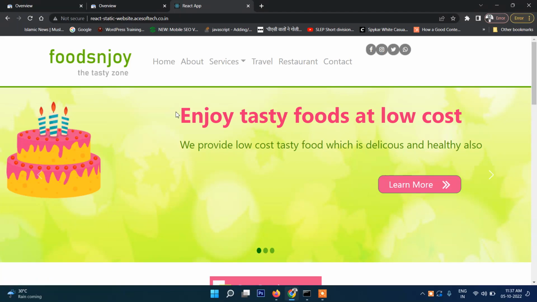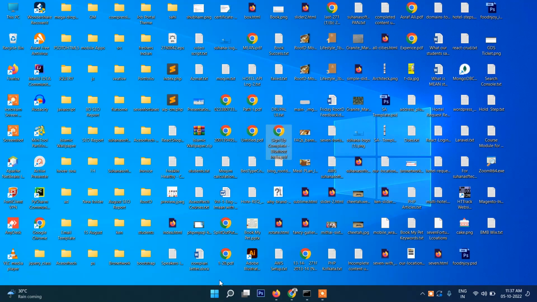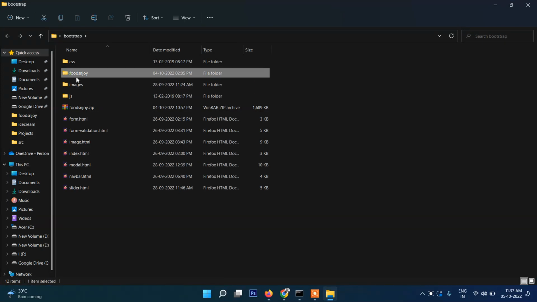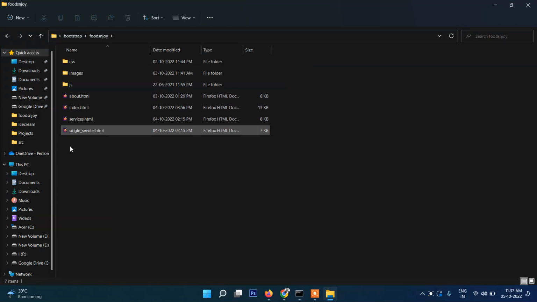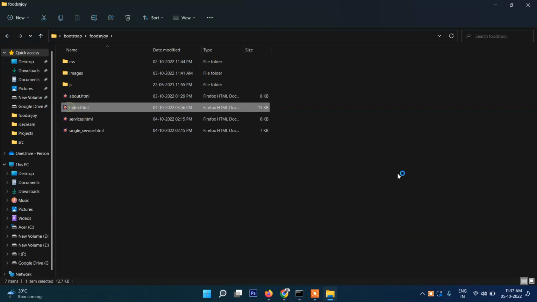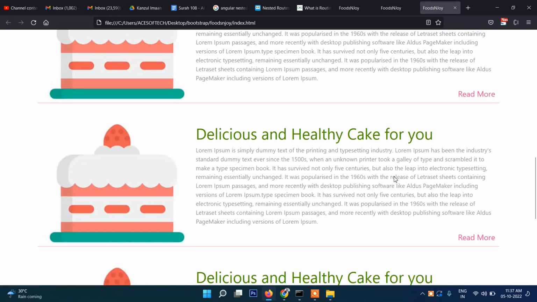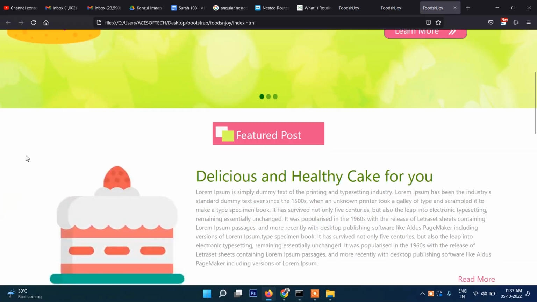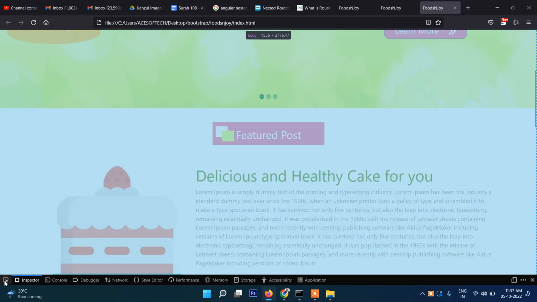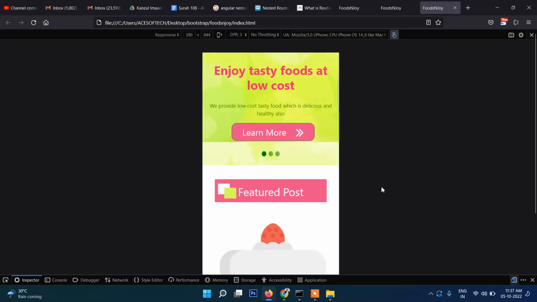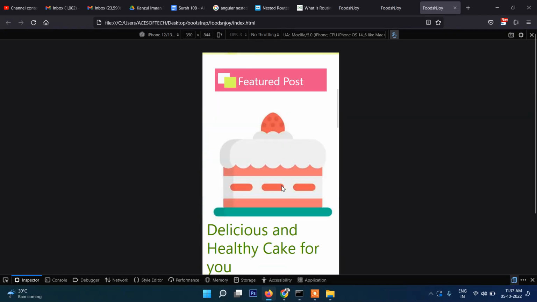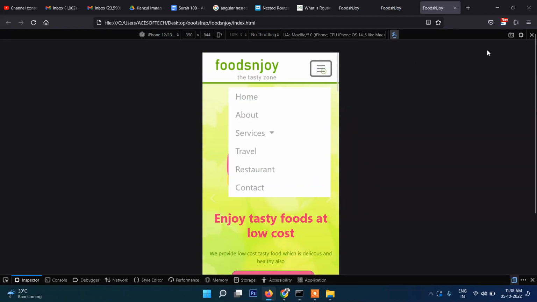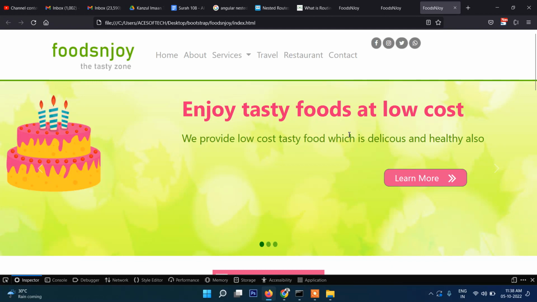to convert this Bootstrap template into Angular. This is our Bootstrap template. Let me show you. Bootstrap here is this one. This is a project, and this one is index page. Okay, so we will convert this, and this is fully responsive. You can check. If you check this in a mobile device, then you can see this is completely responsive website. So I will show you step by step how to convert this into